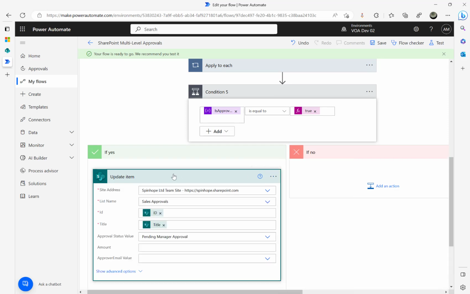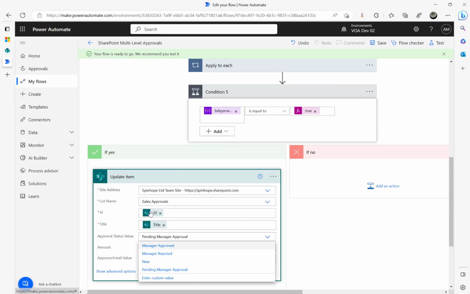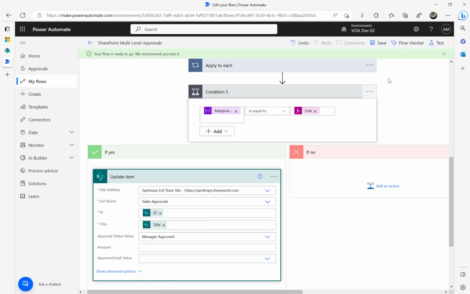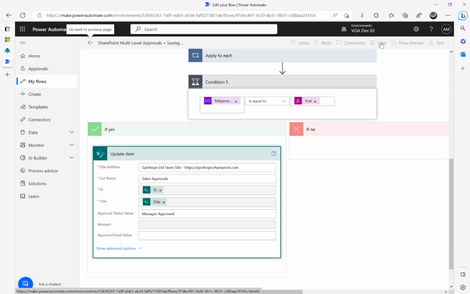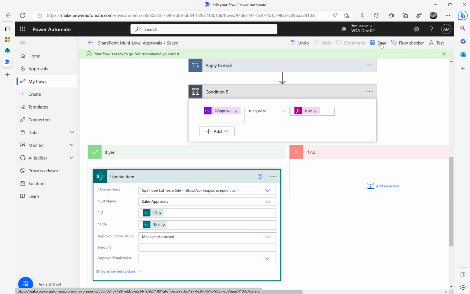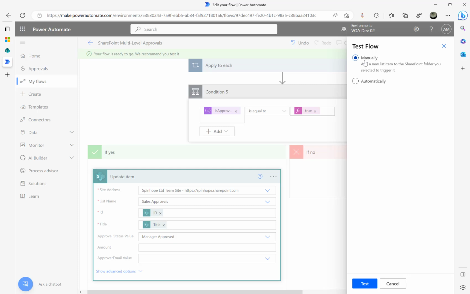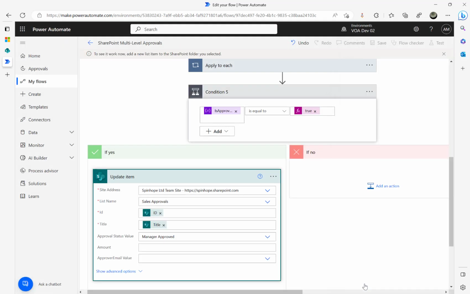Now I'm going to make sure that's from the trigger. This is from the trigger again, all good, and finally manager approved, and save it. Okay, I believe we did the flow now, and let's test this. So click on test